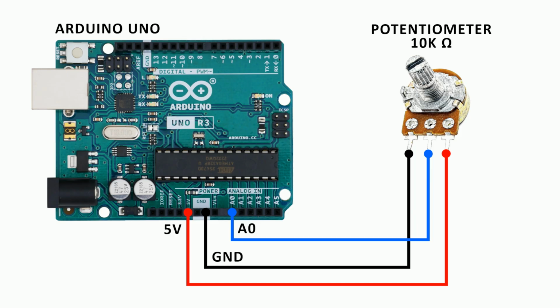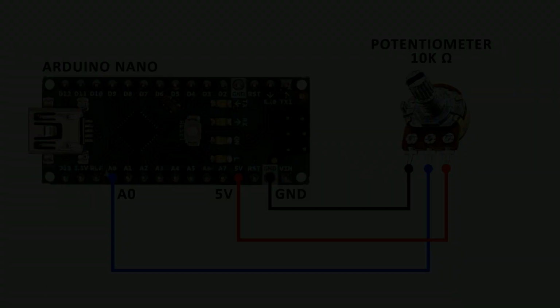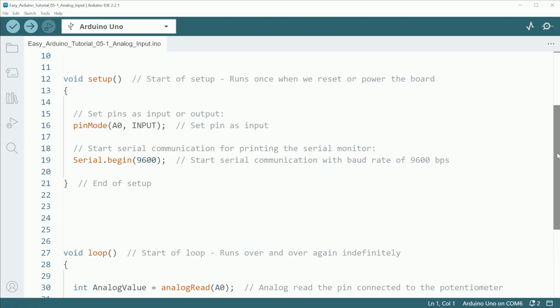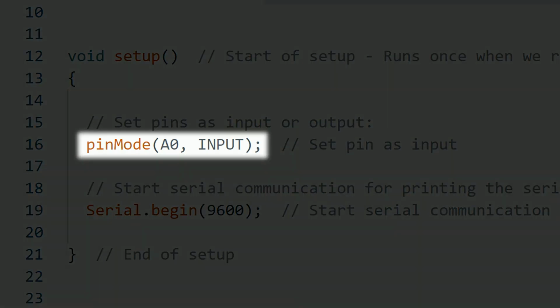One thing to consider is that the Arduino board only has a few pins that can be used as an analog input. They are called A0, A1, A2, and so on. So you can only connect an analog component to any of these pins. Then in the setup, we can set that pin as an input. By default, all pins are set as inputs, but still it's a good practice to declare them in the setup